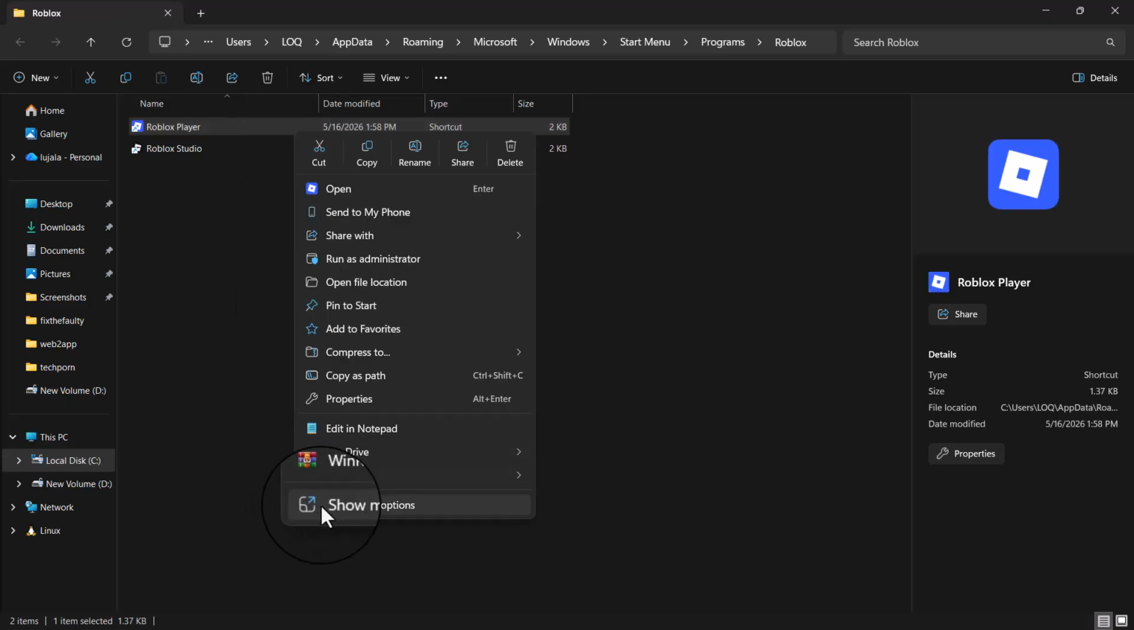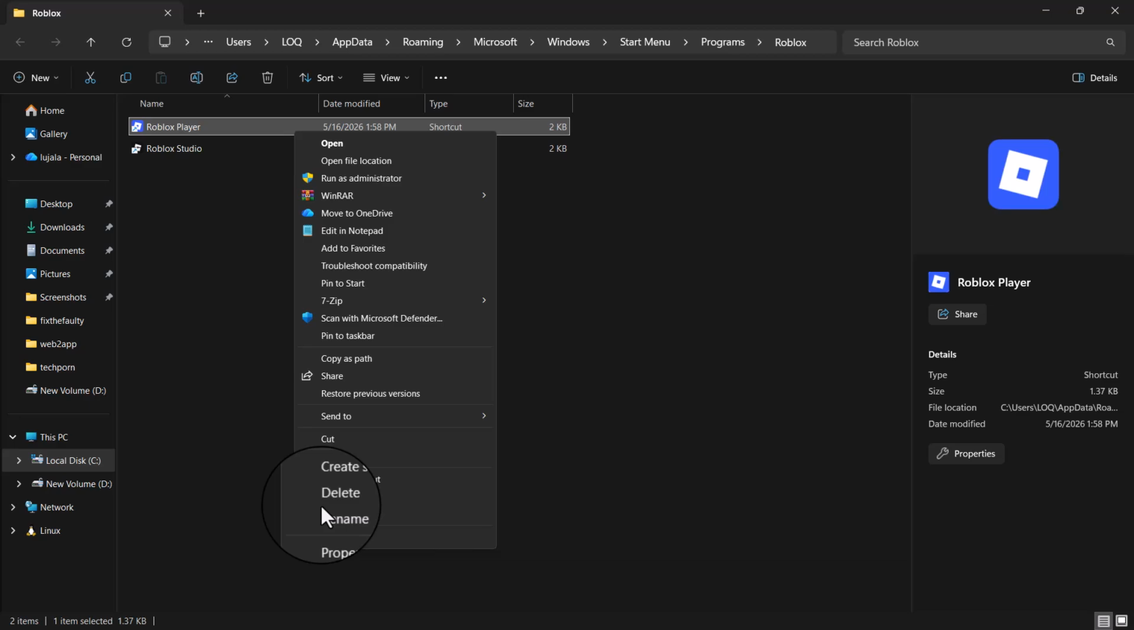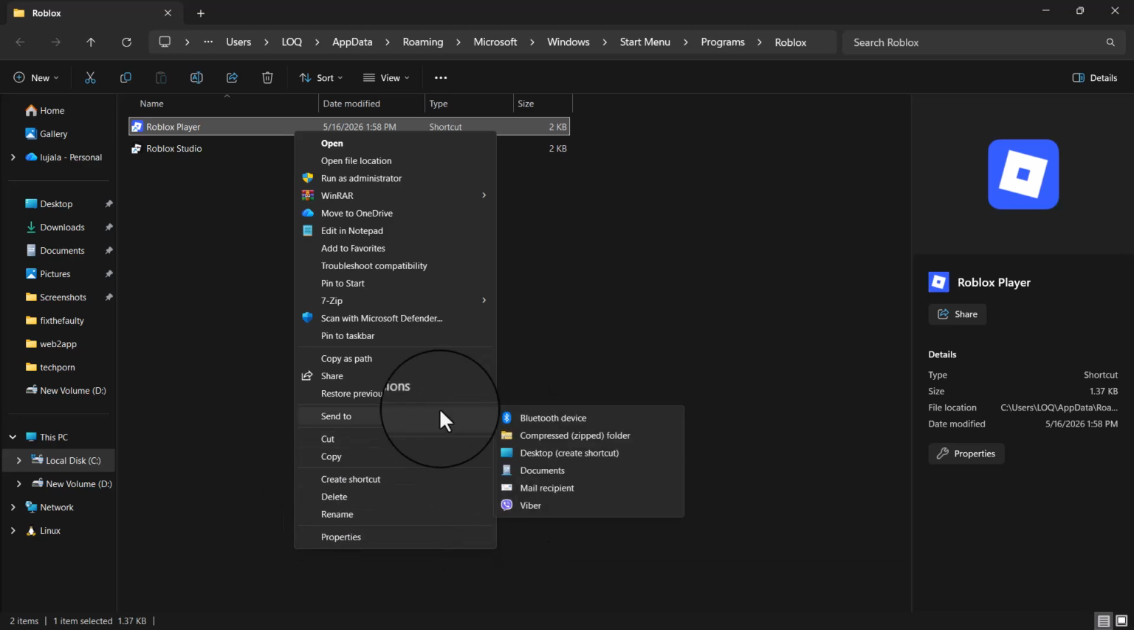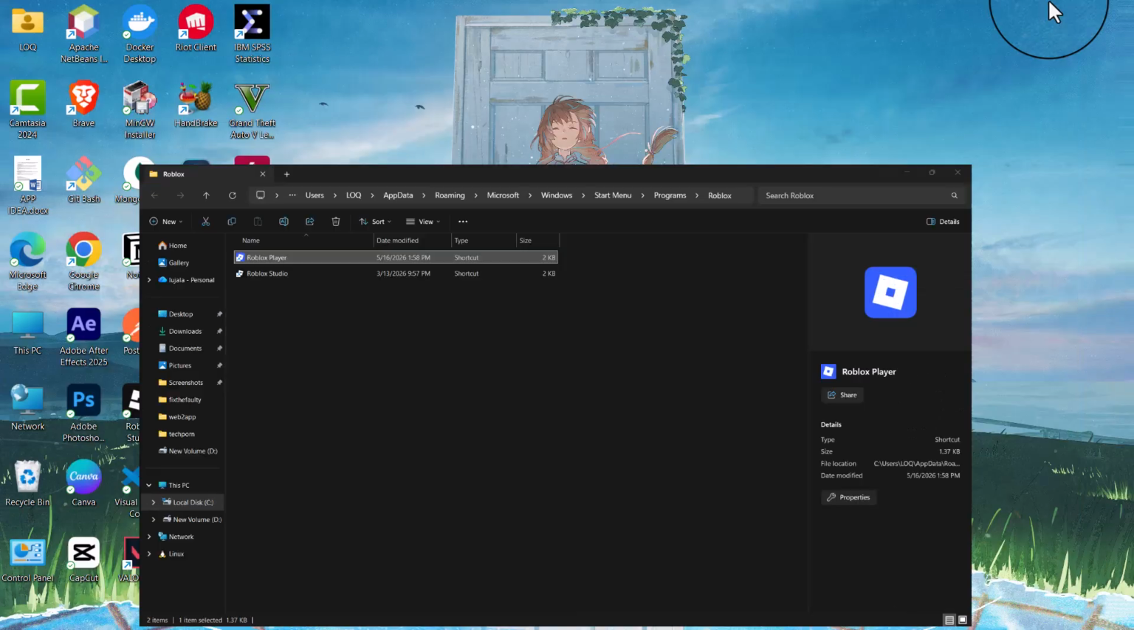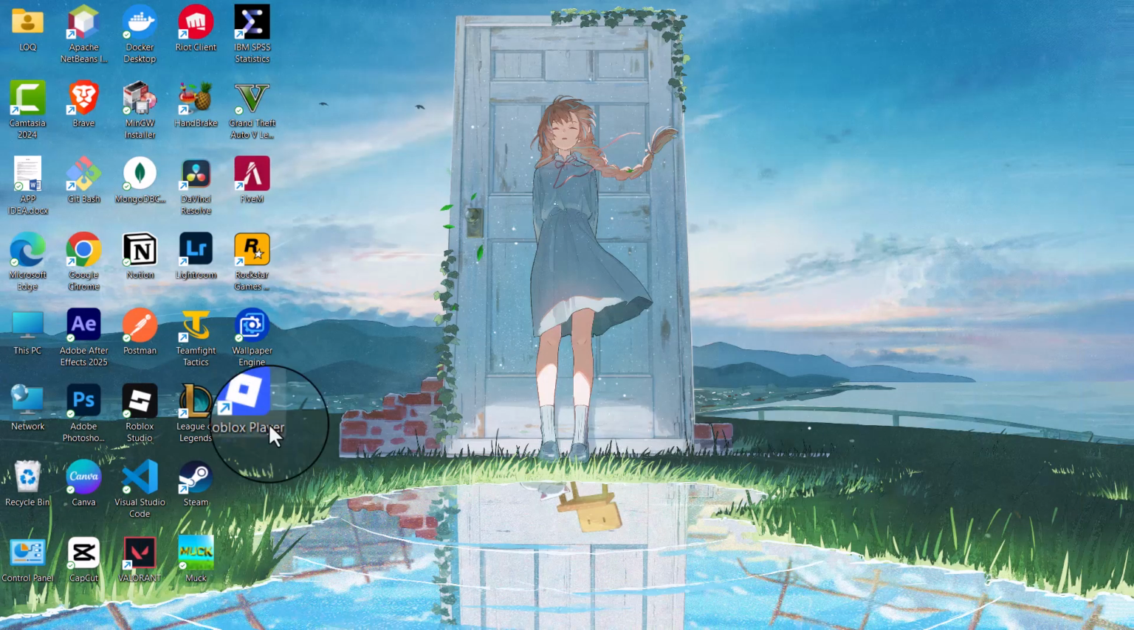and click on Show More Options. Now click on Send to and click on Desktop Create Shortcut. And that's it. The app icon is now on your